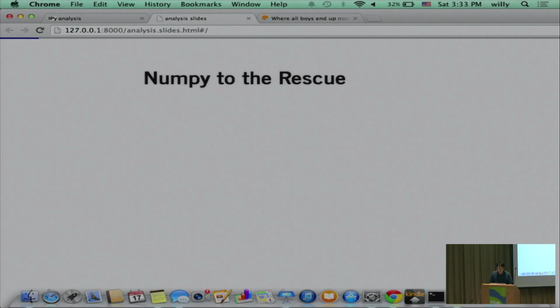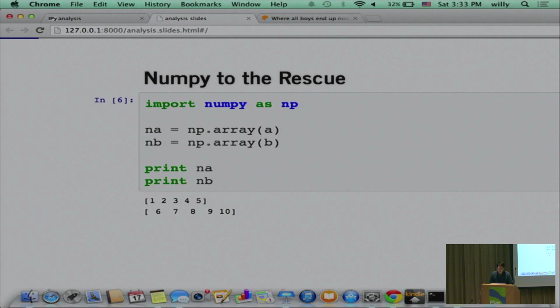So this time NumPy comes to the rescue. We import numpy, we use the array function from numpy, and we just need to initialize a numpy array from a pure Python list. And the magic is that now we can multiply them together. And this is an